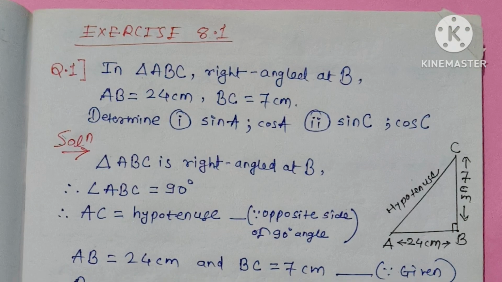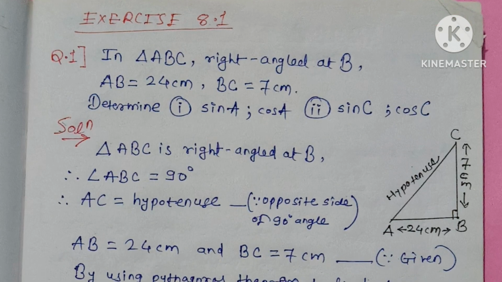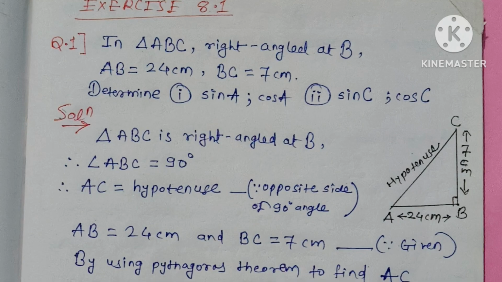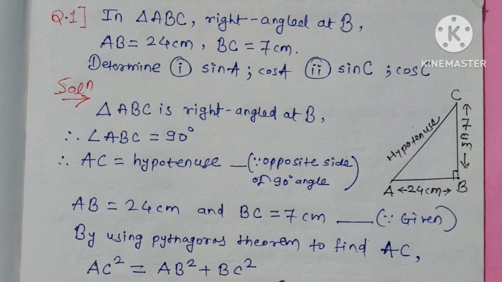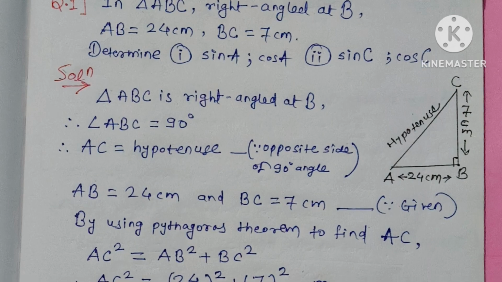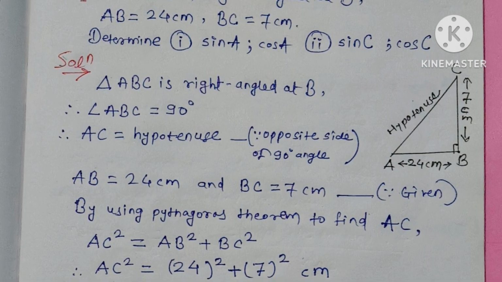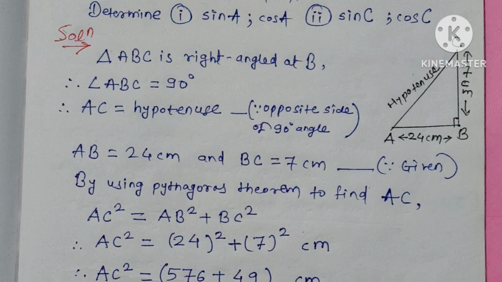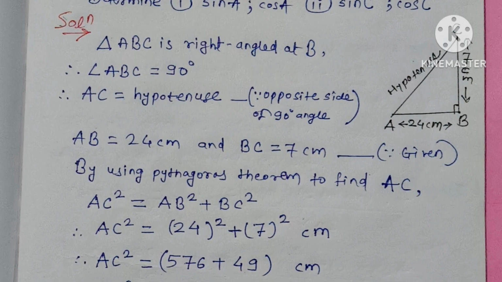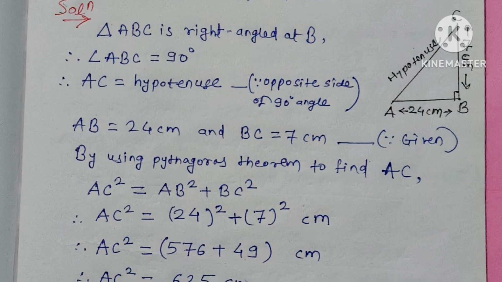So exercise 8.1 question 1 is: in triangle ABC, right angle at B, AB is equal to 24 centimeter, BC is equal to 7 centimeter, and we have to determine sine A, cos A, and then sine C and cos C. So we can see it's a right angle triangle and two sides are given, so we can easily find the